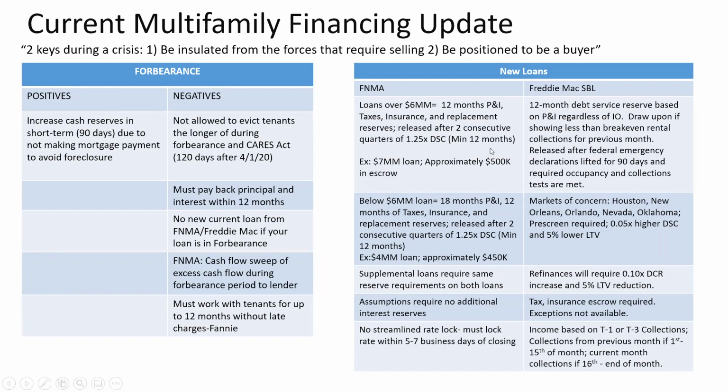So Brad asked about supplementals and then the LTV and rate these days on a Fannie Mae supplemental. Most loans right now, let's say they're in that 3 to 4% range. Supplementals are usually going to be at least 100 basis points higher, and the max on a supplemental is going to be 75%. So let's say your purchase price is 10 million, the existing loan is 6 million, you can get up to 1.5 on your supplemental, but then you're going to be putting up that reserve that we talked about in terms of 12 months P&I, taxes, and insurance.